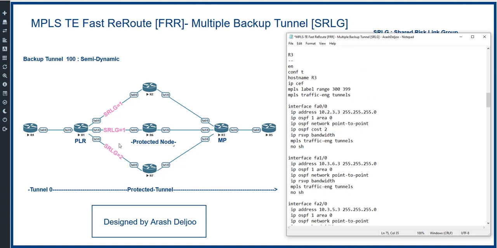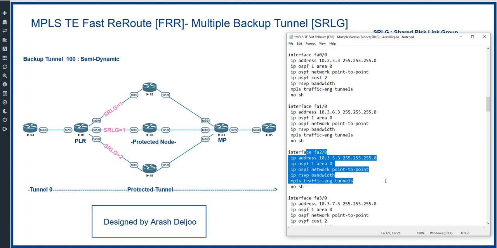About router 3, this is router 3. We have 4 interfaces. FastEthernet 0/0's IP address is 10.2.33/24. It's okay. FastEthernet 1/0's IP address is 10.3.63/24. It's okay. FastEthernet 2/0's IP address